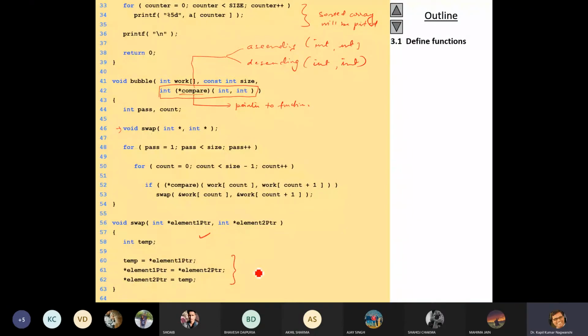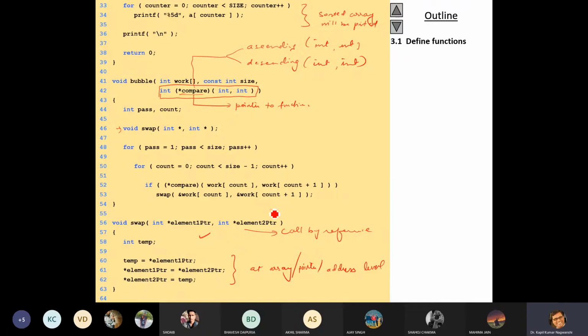It will modify at array level. This is a function typically known by the category called by reference. So it will directly modify the reference.